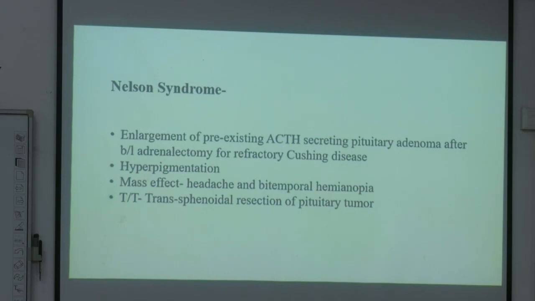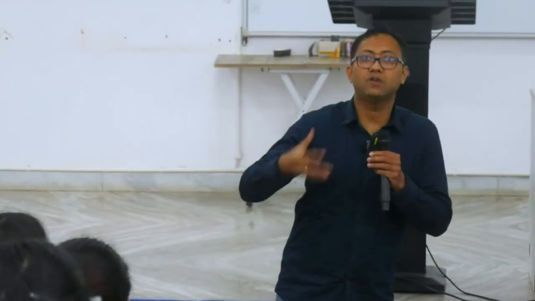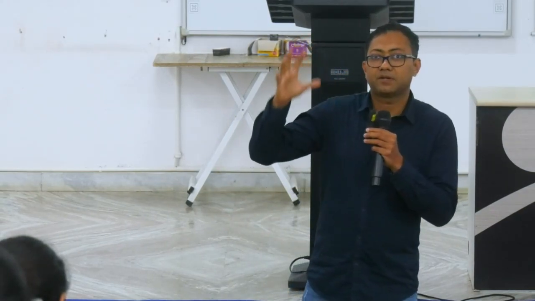Nelson syndrome is, say ACTH is high. What will happen if ACTH is high? There is a pituitary tumor. Simply assume that there is a pituitary tumor and that tumor is secreting more ACTH. What will that ACTH do? That ACTH will stimulate adrenal cortex. So adrenal gland will be hypertrophied, and there will be hyperplasia as well. And this hypertrophied or hyperplastic adrenal gland will secrete more and more cortisol. Now what will you do?